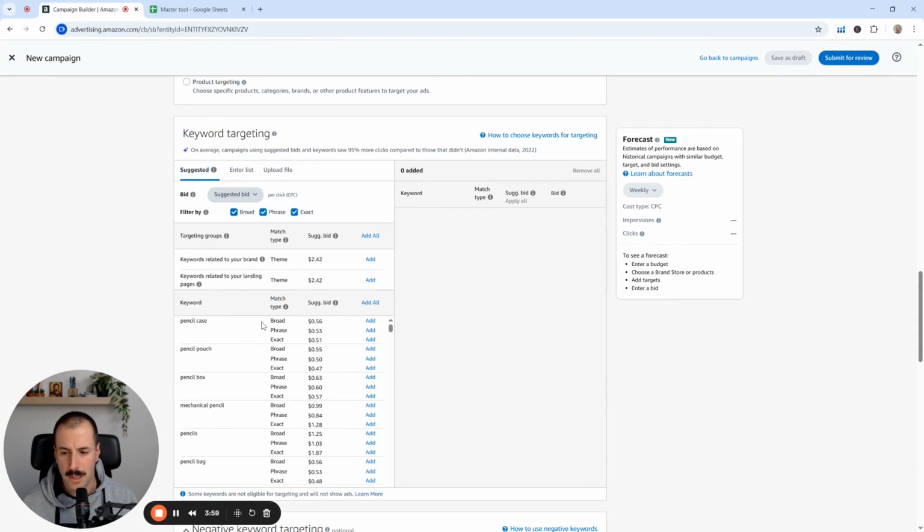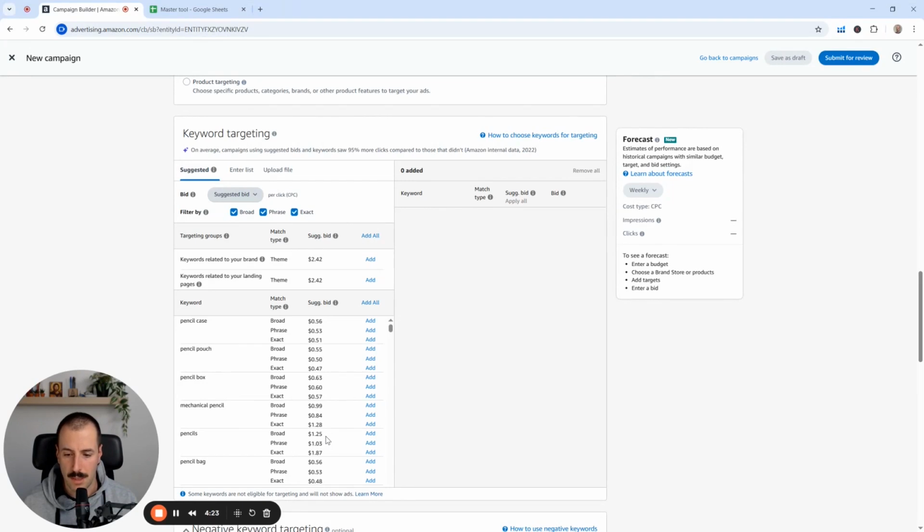For each keyword, if the suggested bid is high, that usually means that keyword is relevant with high buying intent. As you can see, pencils. This is unbelievably high for a keyword like pencils, but it's also worth noting that you should pay attention to the different